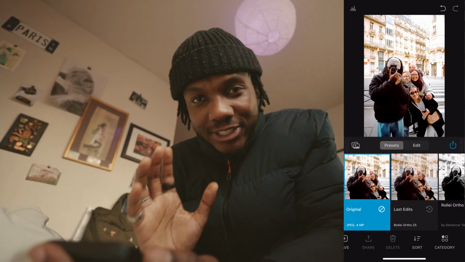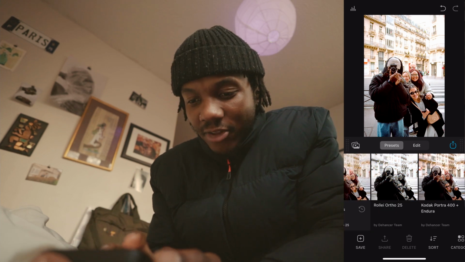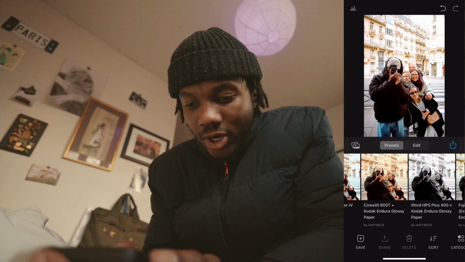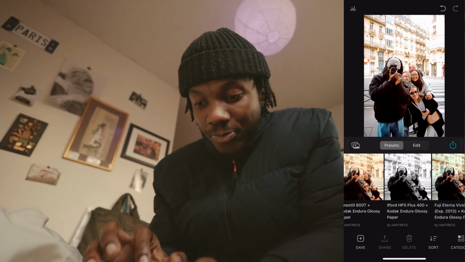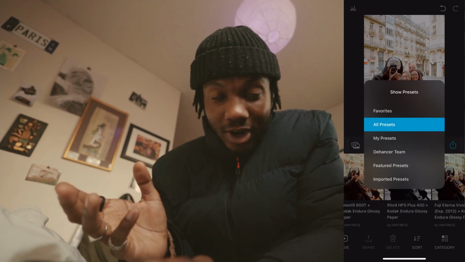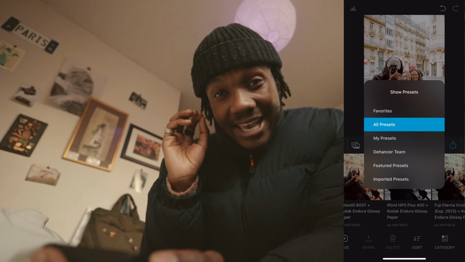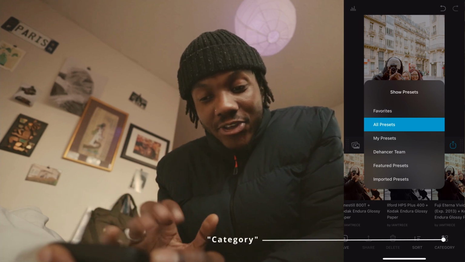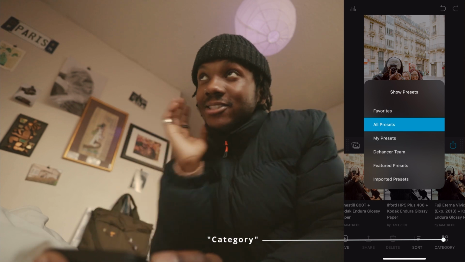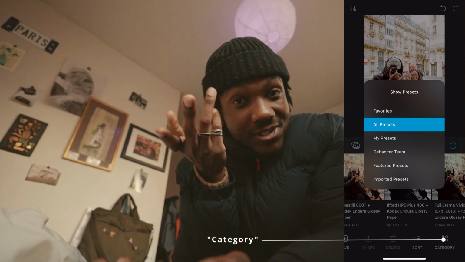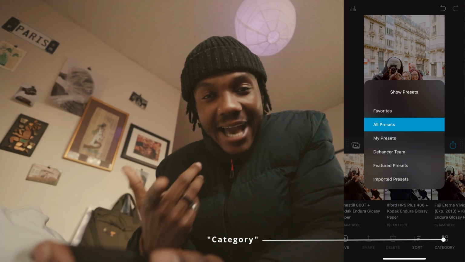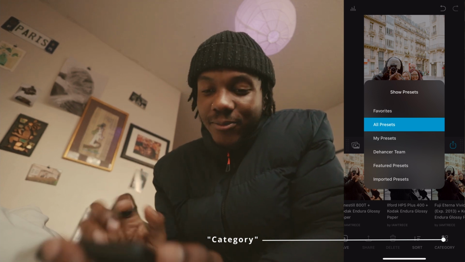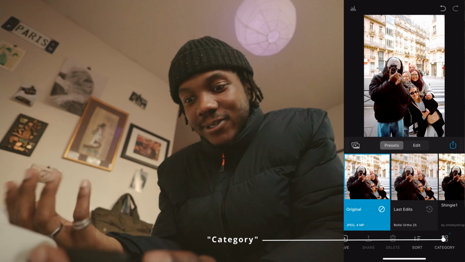Very simple and straightforward. On the bottom, you're gonna see all your presets. If you want to manage your presets, which is really cool, or see what Dehancer offers, you're just gonna go on the bottom right where it says category, and you're gonna get all the options, which are really neat. So let's say you do end up saving your own preset, which you most likely will end up doing. You pretty much can access them through this option at the bottom right where it says all presets, my presets,